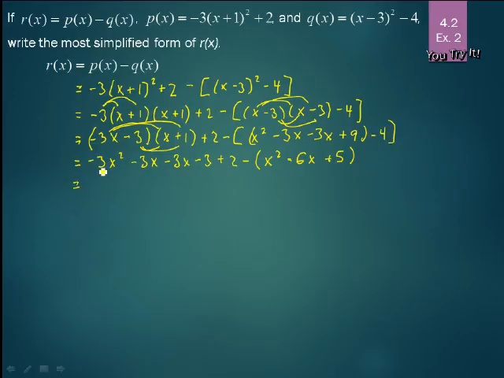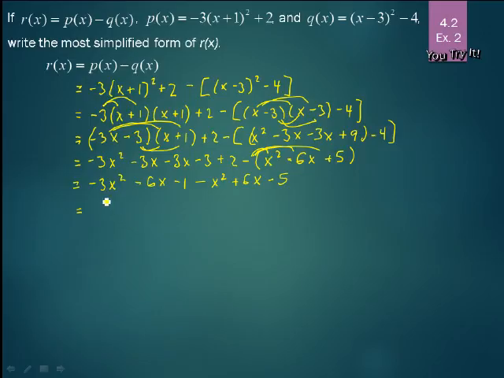So we have -3x², and then -3x minus 3x. Well, we know that's minus 6x. And then -3 plus 2, that's just minus 1. And then minus this whole term, and let's distribute that minus. So we have minus x² minus -6x, that's plus 6x, and then minus 5. So now we've finally gotten rid of all of our parentheses and the multiplication,